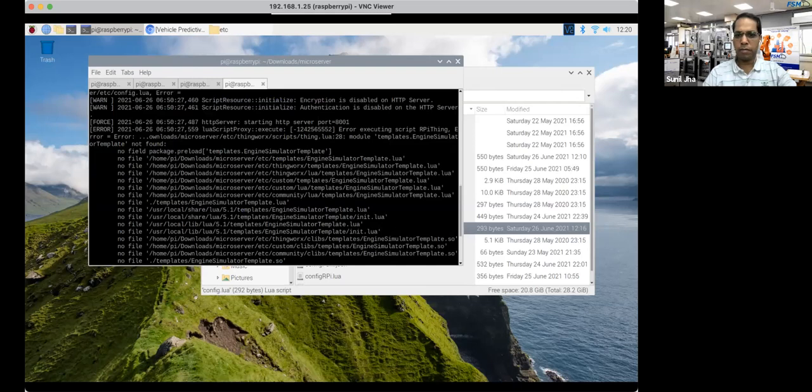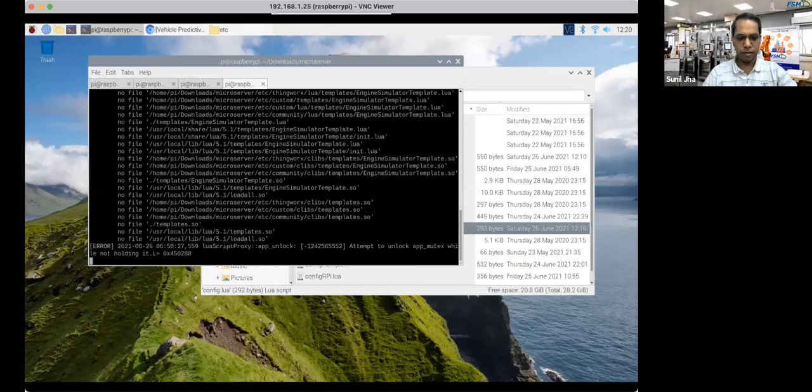Okay, maybe some mismatch of that RPi thing is happening. Correct. I need to make some changes in the script also. So just go back.